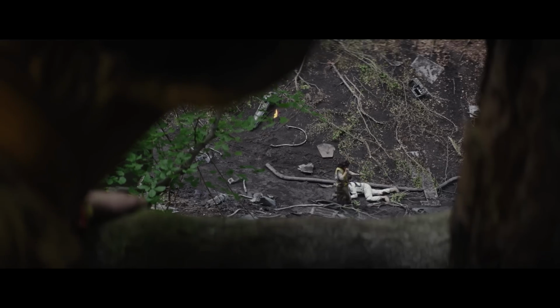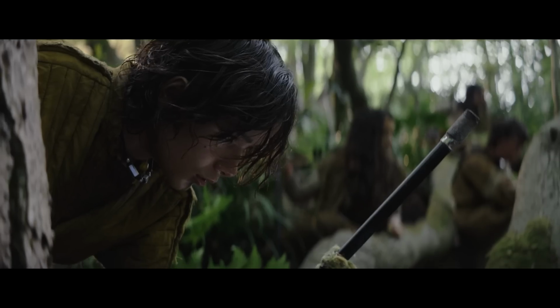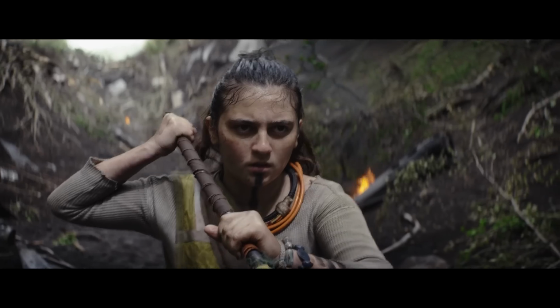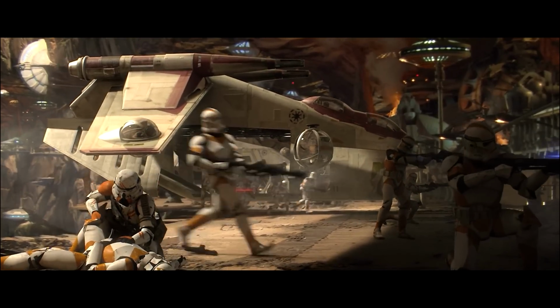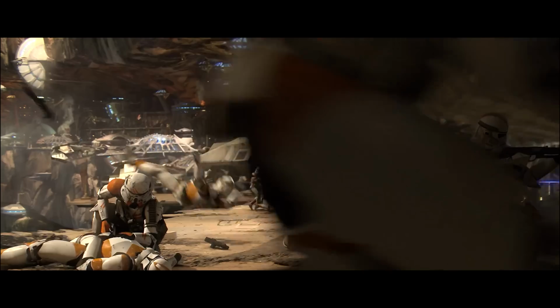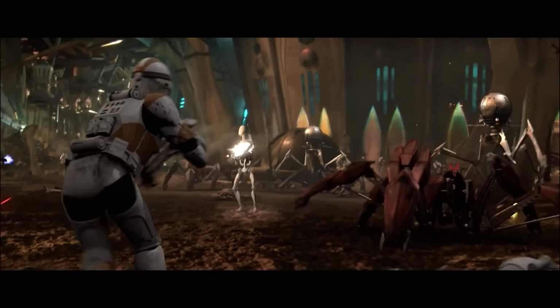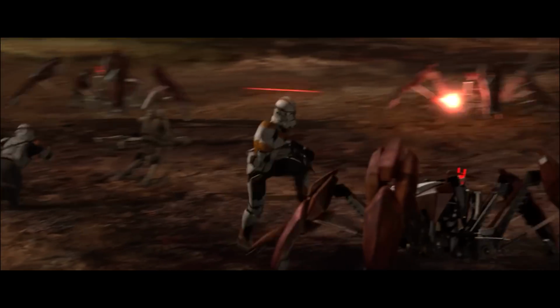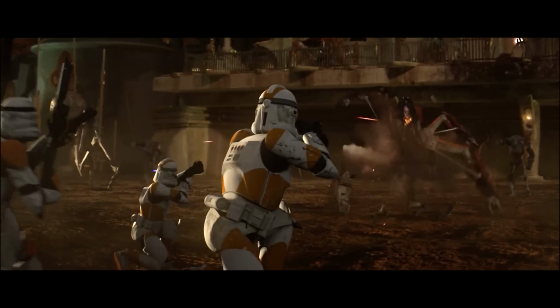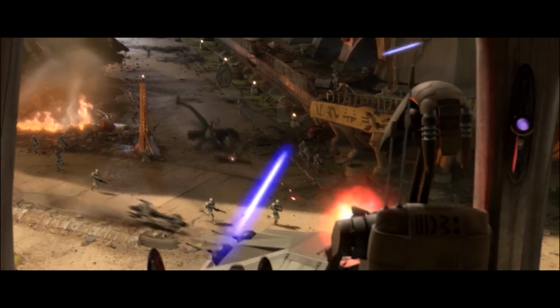However, that doesn't explain the weird differences in uniform. I think there's something very interesting going on there. Again, I don't think it's a mistake. Somebody watching the show would have noticed that before it aired, and that's something that could be fixed very easily, at least by Disney standards, in post-production if it truly was a costuming error. No, I think that this was probably meant to be, by the Empire most likely, a false flag operation against